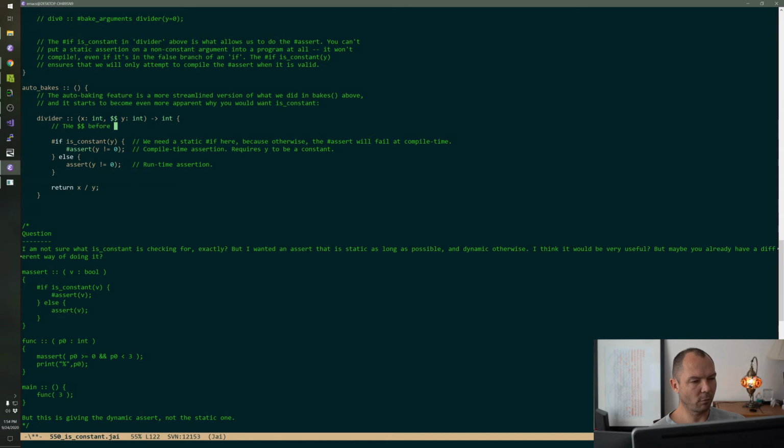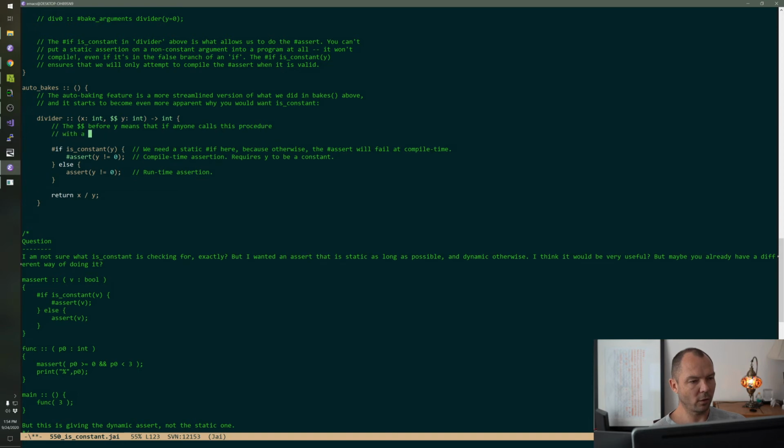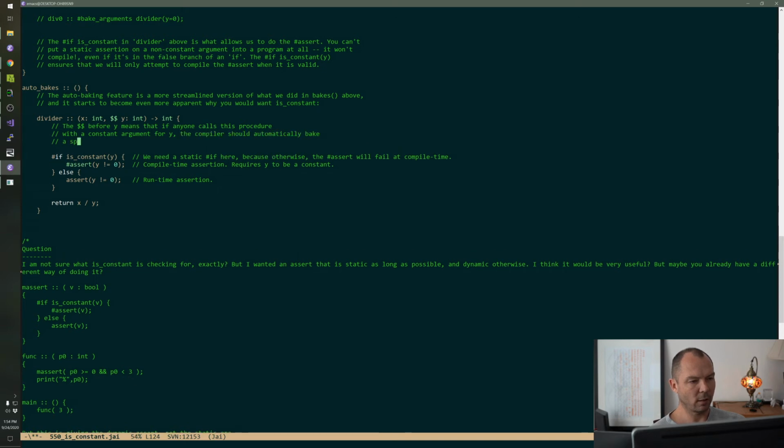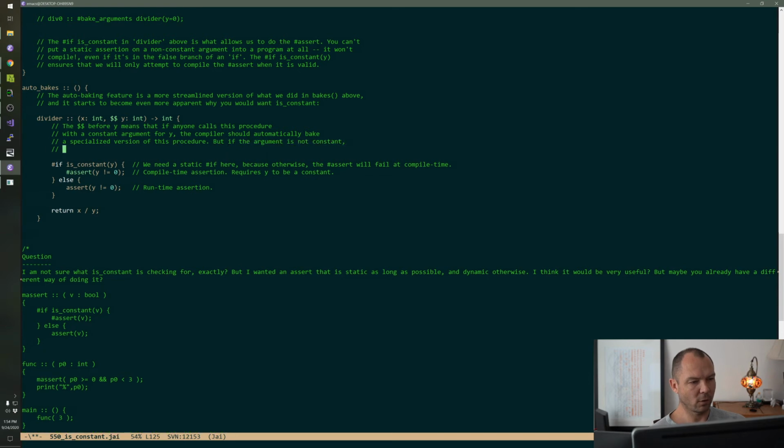The dollar before y means that if anyone calls this procedure with a constant argument for y, the compiler should automatically bake a specialized version of this procedure. But if the argument is not constant, just use the regular version with both x and y being runtime arguments.